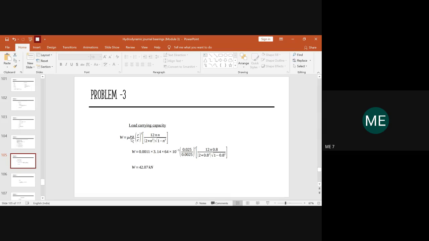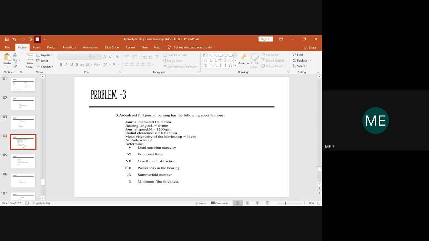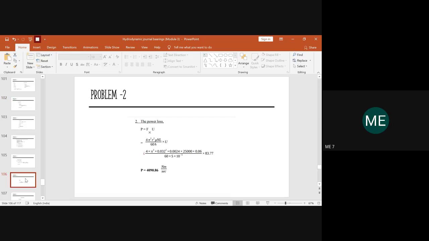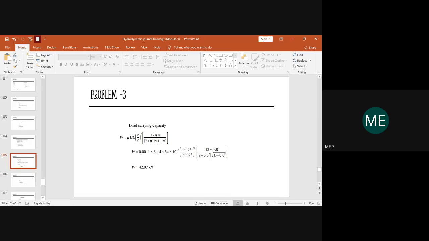And then you need to know the value of u. So what is the value of u? You need to calculate. Please calculate and tell me the value of u, whether it will be the same or it will change. Ma'am, same. So please type the value of u as 3.14.